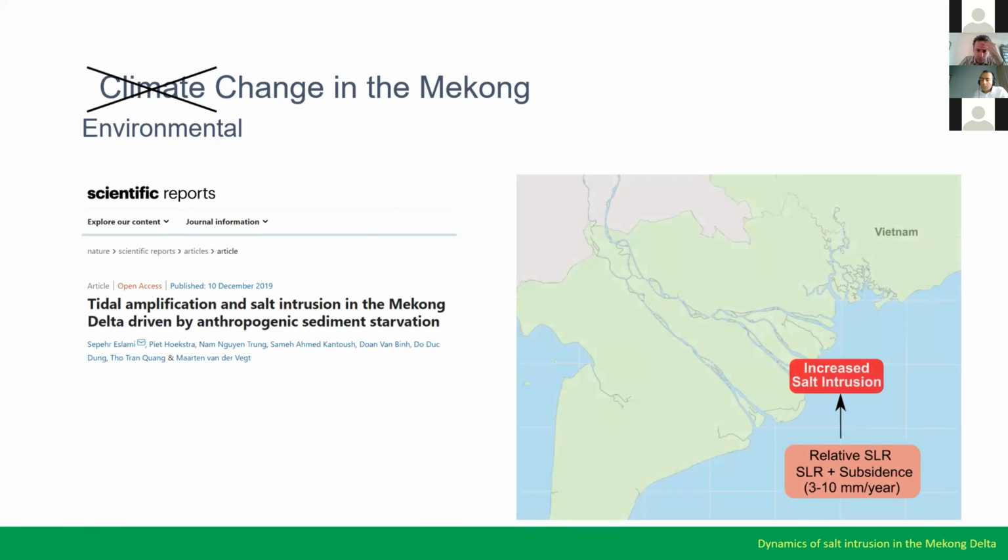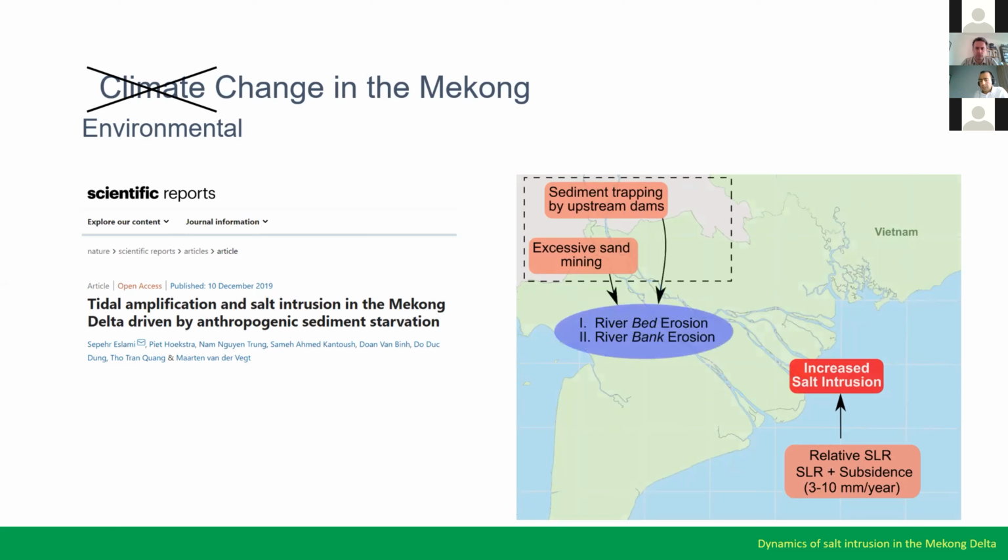But if you look at relative sea level rise, as Philipp just presented, and include land subsidence, this is a much higher contribution. But also there is sediment trapping by upstream dams and excessive sand mining in the lower Mekong countries, within the Mekong Delta, and also in Cambodia and Laos, that result in riverbed and riverbank erosion, and that leads to a significant increase in the tidal range within the Mekong Delta, as I showed in the previous figure, that there is this significant trend of 2 centimeters per year